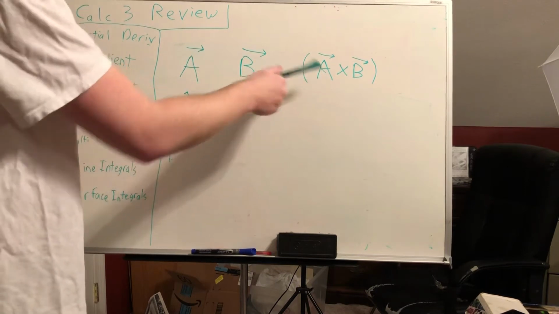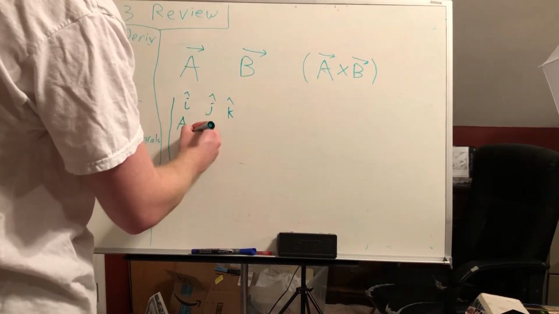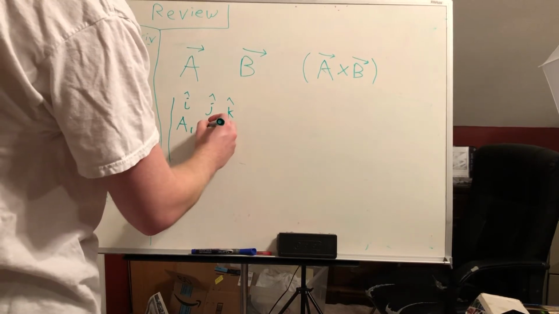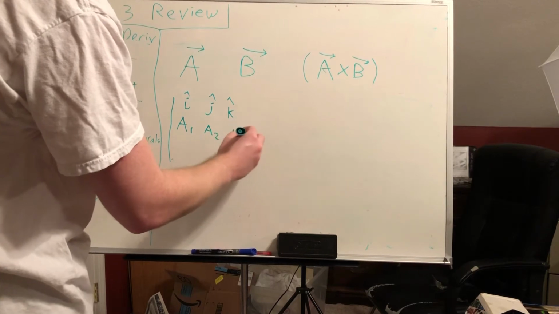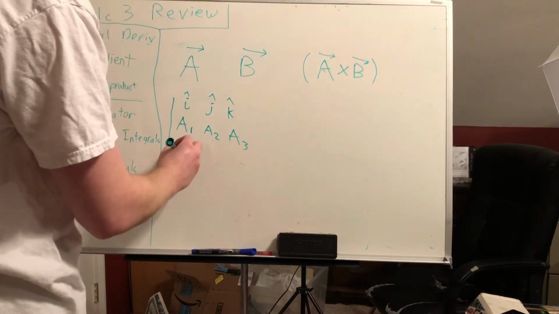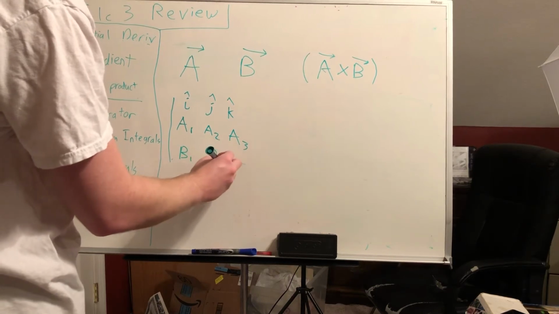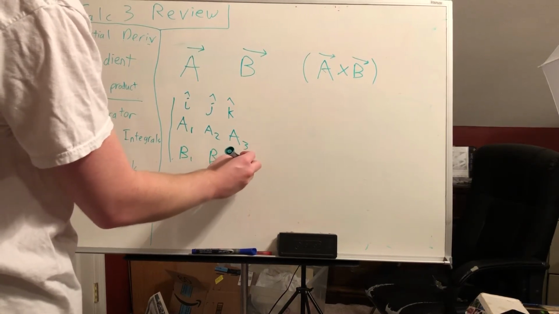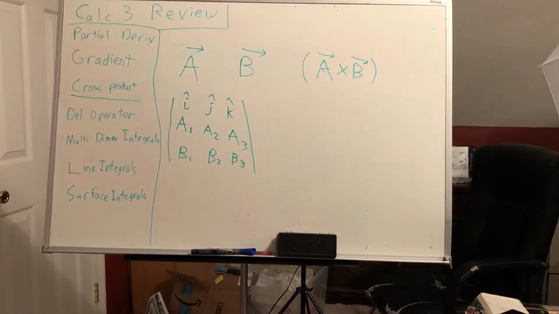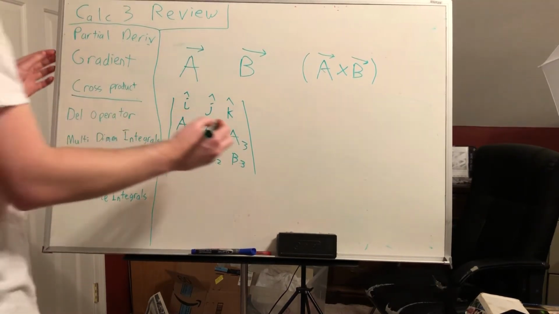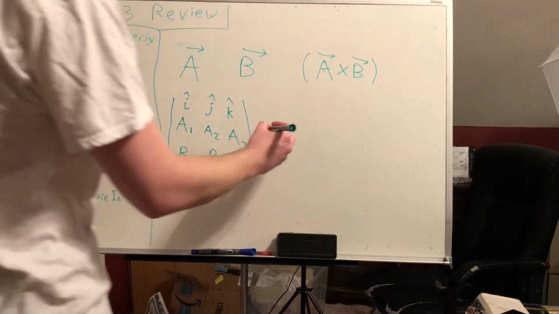Next row, since we have A first, we're going to have A1, A2, A3, B1, B2, B3. Alright. This will then be equal to